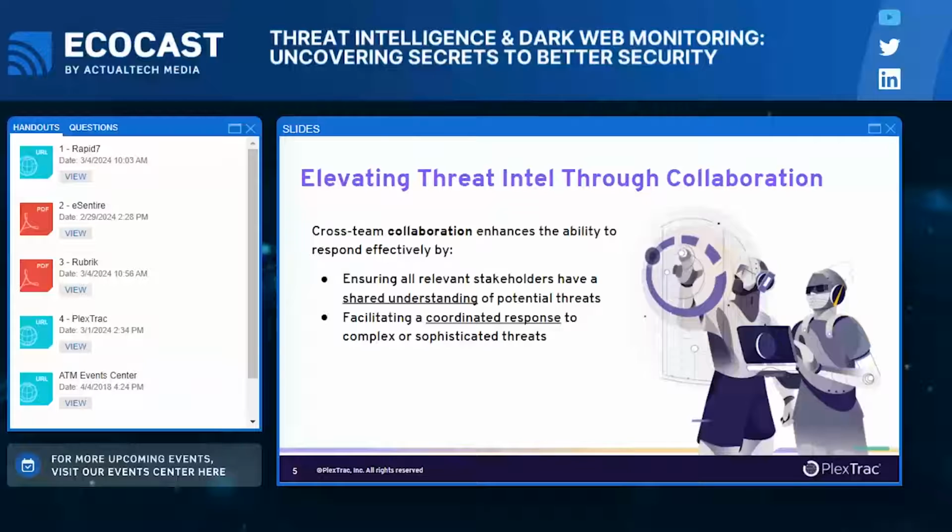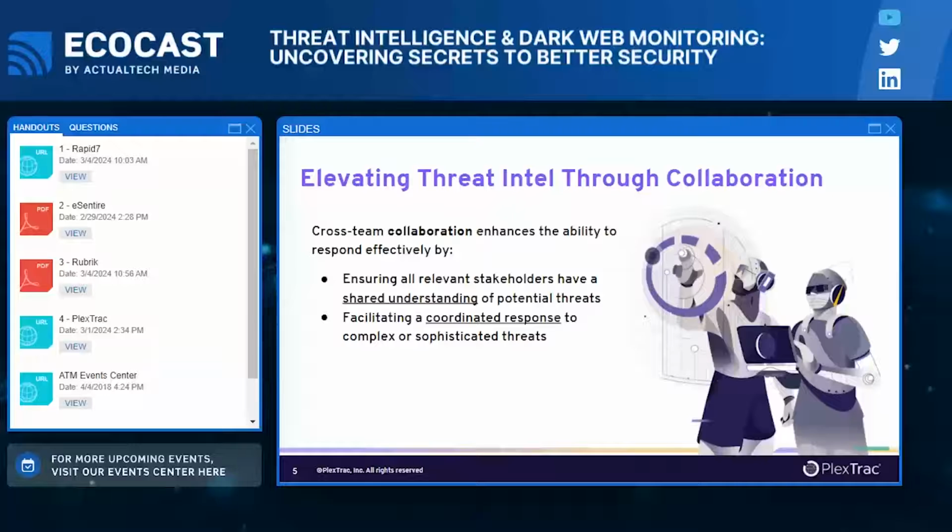Now the final bit, and I think this is something that's very under-talked about, is that threat intelligence and dark web intelligence is a team essence. It impacts everything across all of your silos, from vulnerability management to the SOC, to incident response, to even the sysadmin, to your engineers, your application engineers, whatever types of categorization of silos you have. All of them are impacted in some way, or they can benefit in some way from having this data.